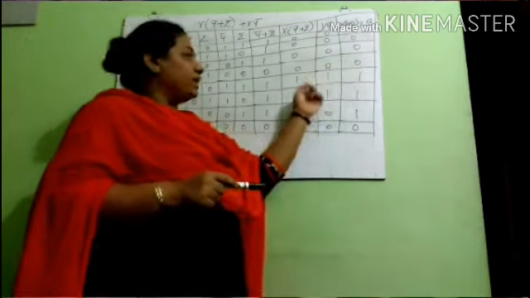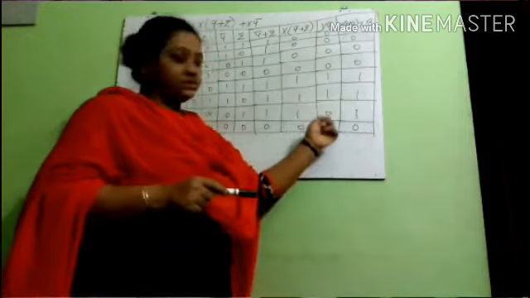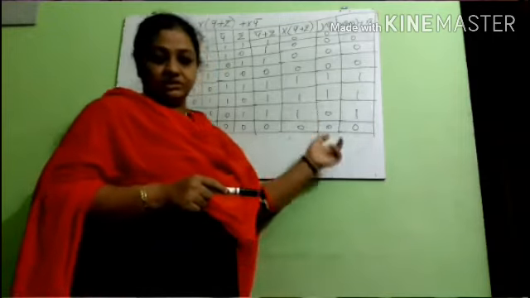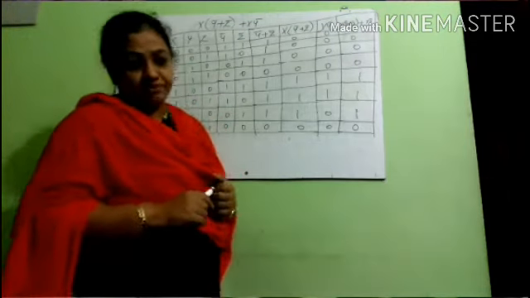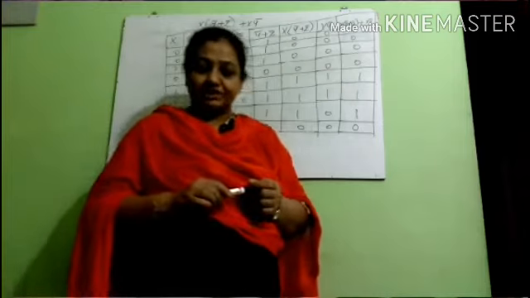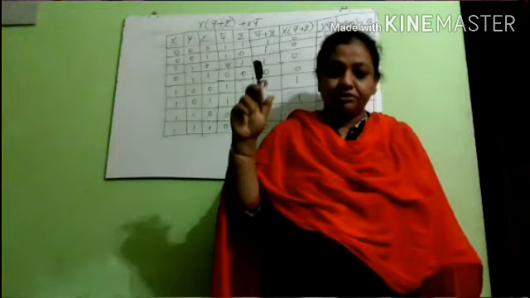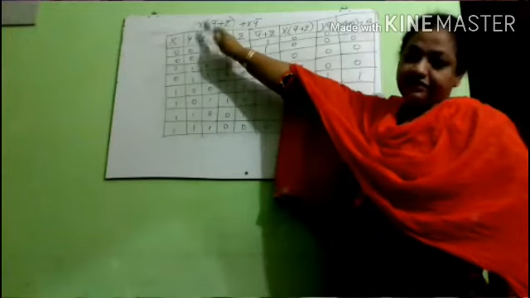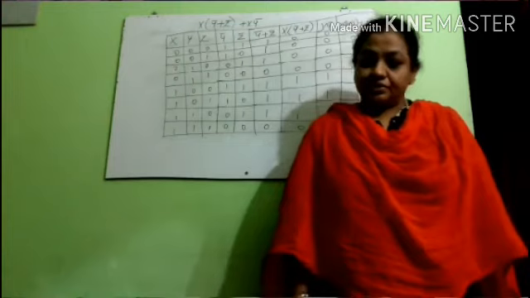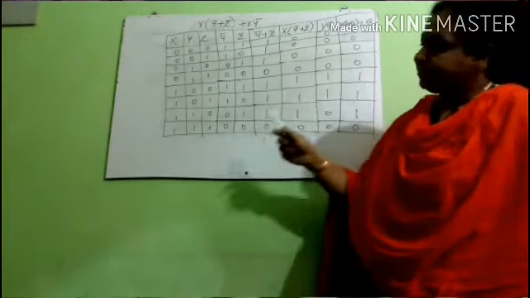We have got x ANDed with y bar plus z bar, as well as x y bar. Now we have to OR them. 0 plus 0 is 0. Plus is nothing but OR, so either we can say 0 plus 0 or we can say 0 or 0. 0 or 0 is 0, and this repeats for the first four rows. 1 or 1 is 1. 1 or 1 is 1. 1 or 0 is 1. 0 or 0 is 0.